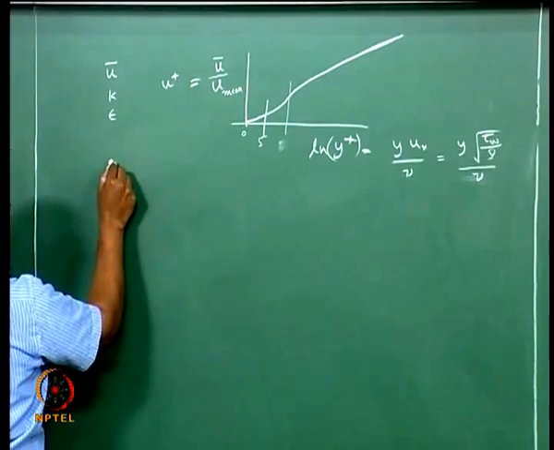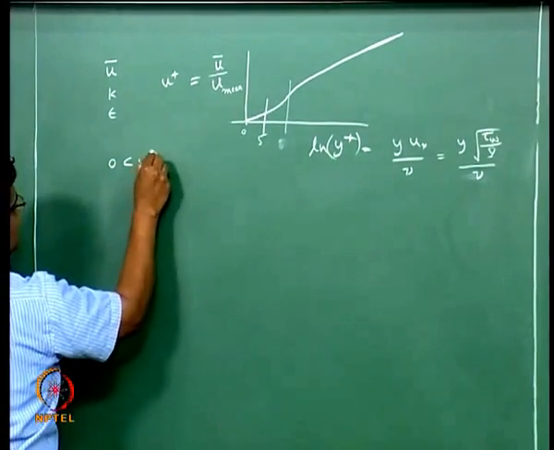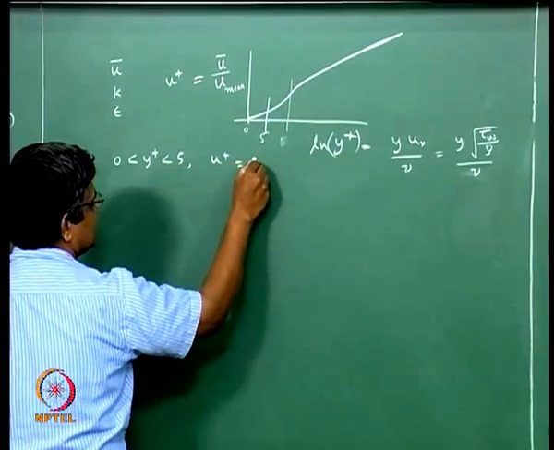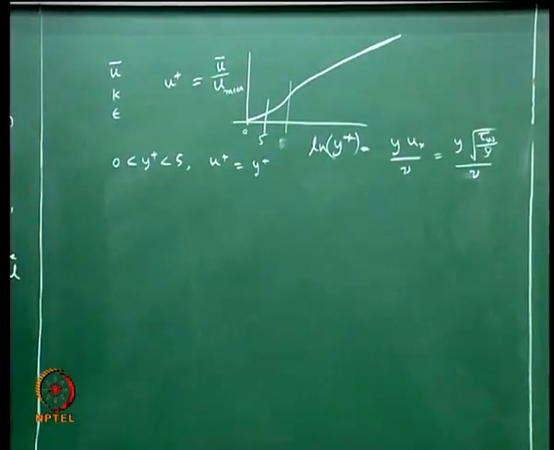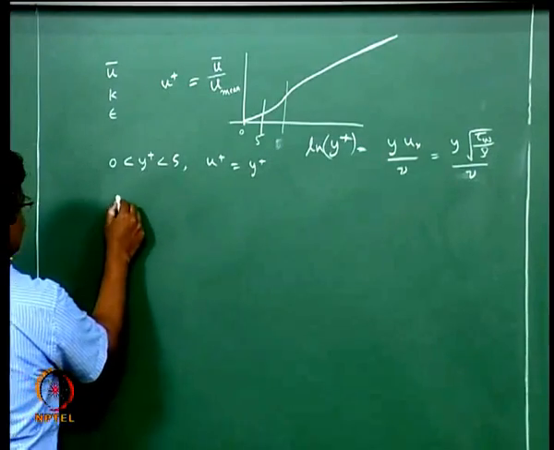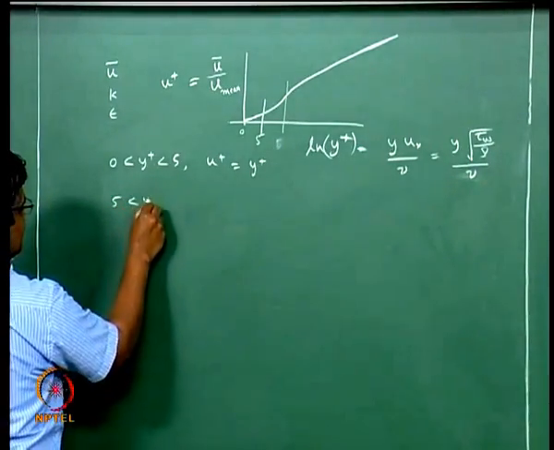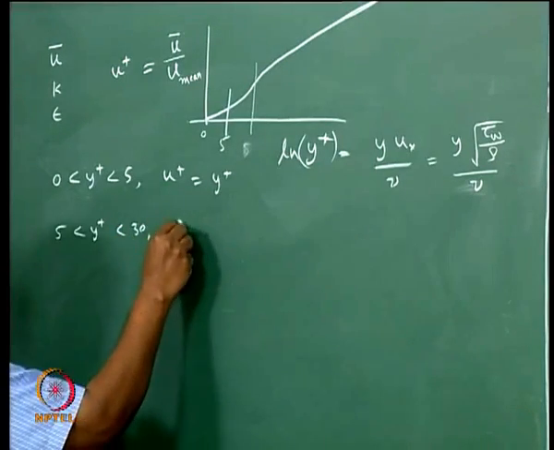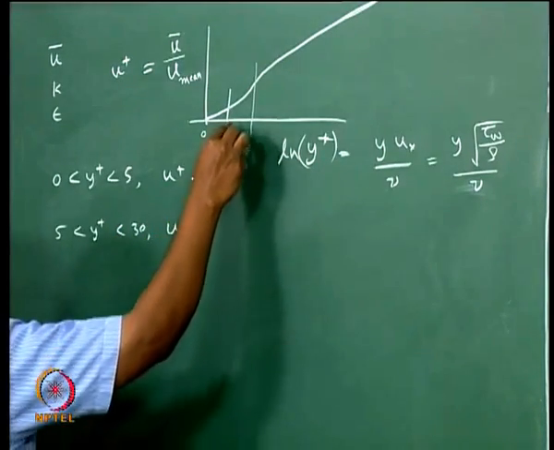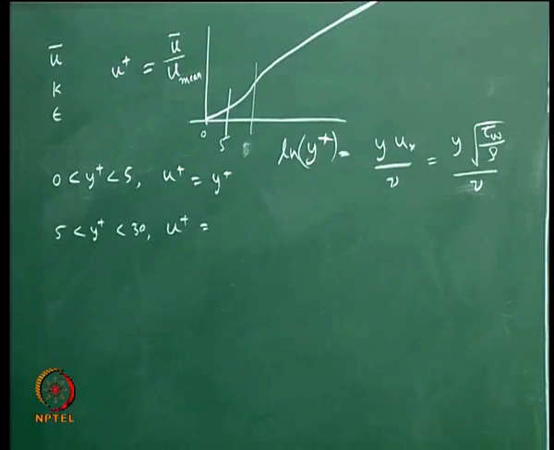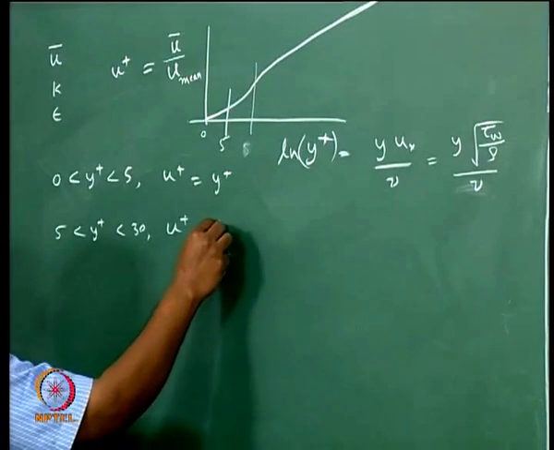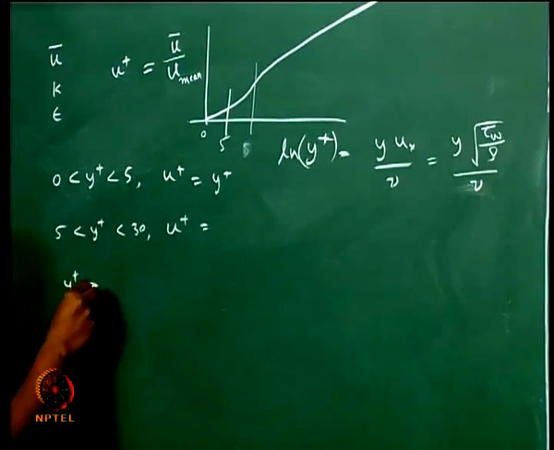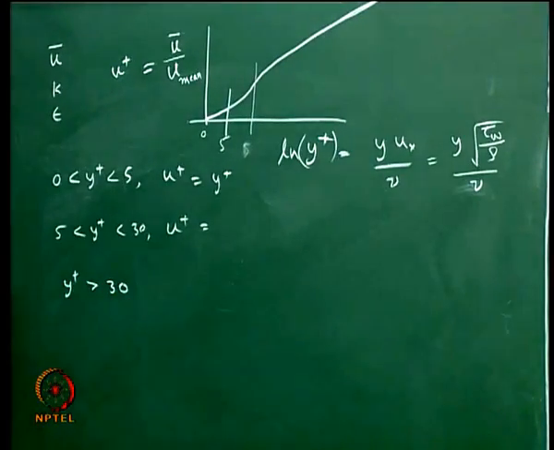So we know that for 0 less than y plus less than 5, this u plus varies linearly with this, and between 5 and y plus of 30 or so, u plus is a fairly strong function of y plus. It is a nonlinear expression, and for y plus greater than 30,